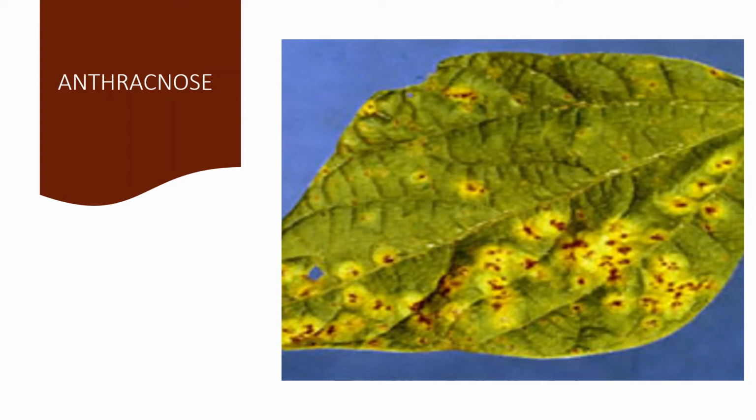leaves on the top. Coming to the disease cycle, the primary source of infection is through dormant mycelium, which is present in the seed, or the conidia on the seed or the plant debris. The secondary source of infection is through wind-borne conidia. At last, the management: go for removal and destruction of infected plant debris, spraying with Mancozeb at the rate of 0.2% or carbendazim at the rate of 0.1% can cure the disease.